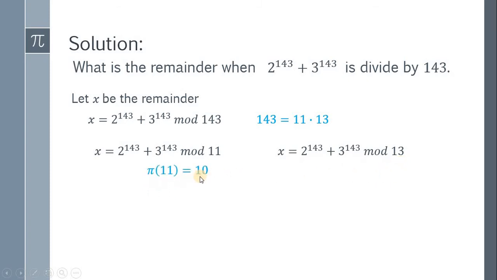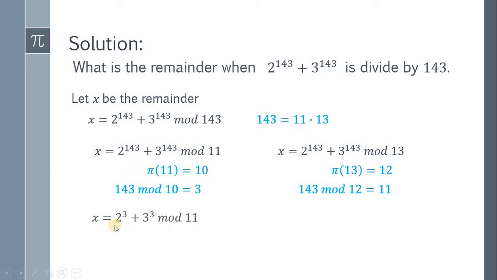Next, phi of 11 is equal to 10 and phi of 13 is equal to 12. Next, 143 mod 10 is equal to 3 and 143 mod 12 is equal to 11. So we can simplify this as x is equal to 2 raised to 3 plus 3 raised to 3 mod 11, and the other one we have x is equal to 2 raised to 11 plus 3 raised to 11